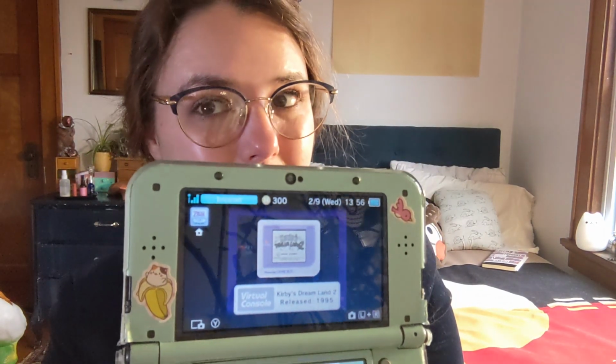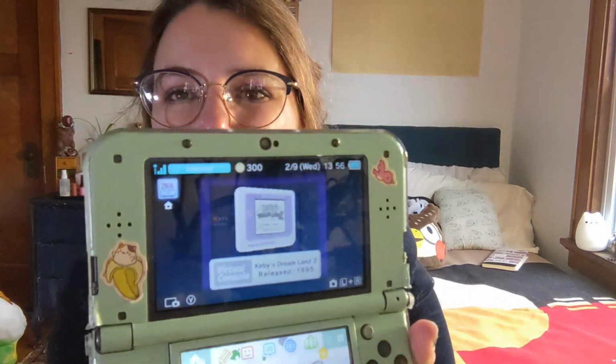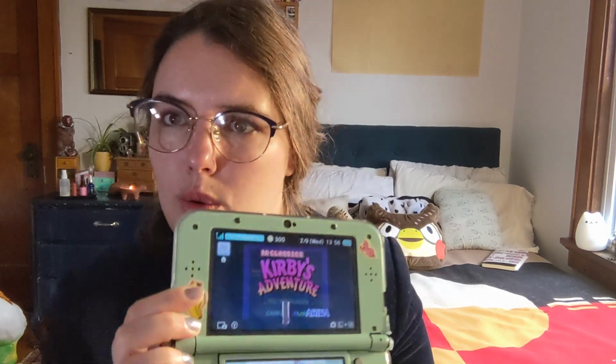So as far as Game Boy games, I've got Crystal, Kirby's Dream Land 2, which is my actual first Game Boy game. I don't know, I must be alone. Game Boy Pocket was my first system, and I bought it and Kirby's Dream Land 2 with my Christmas money when I was about 7. So that would have been right before the Pokemon games came out, and was officially my first ever game. So Kirby's got a special little place in my heart, which is also why I got,